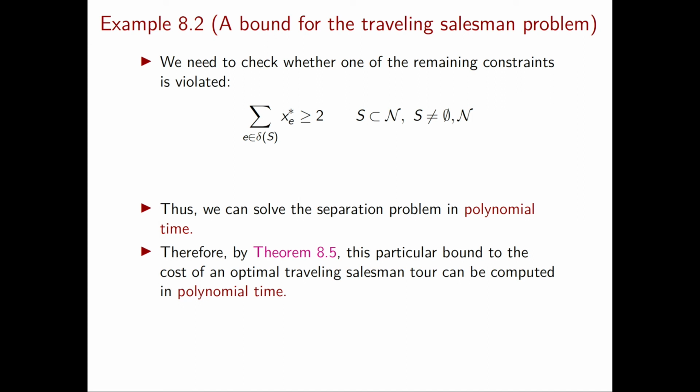We said that solving that linear programming problem provides a lower bound to the optimal cost of an optimal traveling salesman tour. Therefore, such a lower bound can be computed in polynomial time. If you take the course integer optimization, you will see that being able to obtain efficiently lower bounds on integer programming problems is of key importance to solve them. With this example, we conclude our discussion on the ellipsoid method.